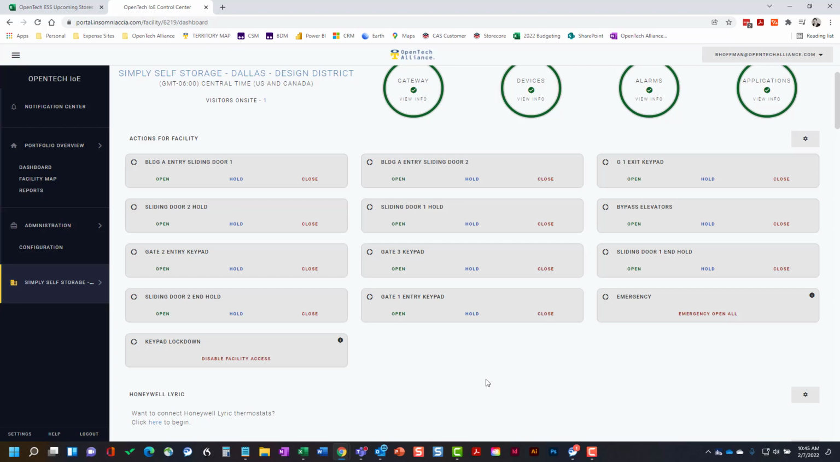Okay. If you go to the lower left-hand corner, you've got Keypad Lockdown, disable facility access. So we all deal with weather. I think this is a Texas facility. Last year, Texas had a massive freeze. And basically, I can push one button and disable the facility right from here. Where these things are really important for us is to tie it all together to make the customer experience an excellent one. So if I go to configuration,